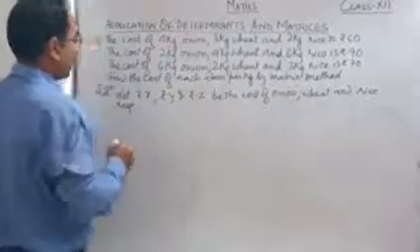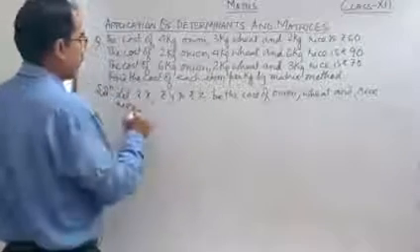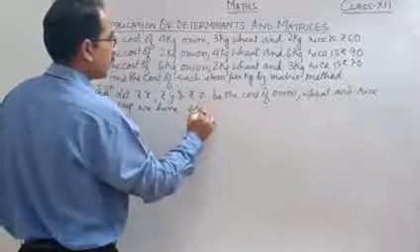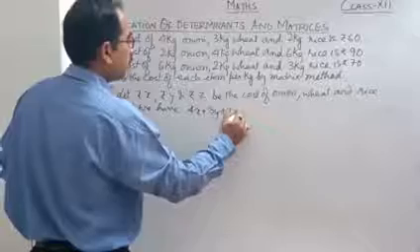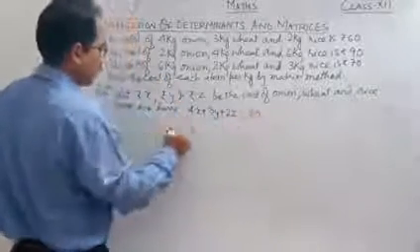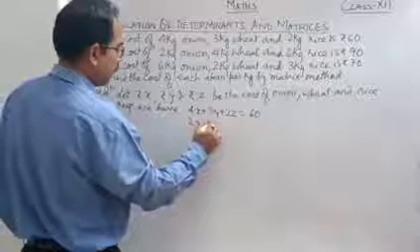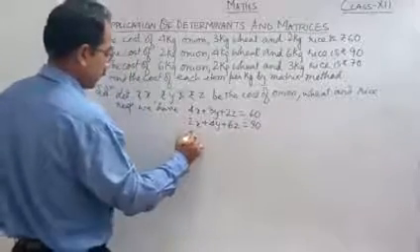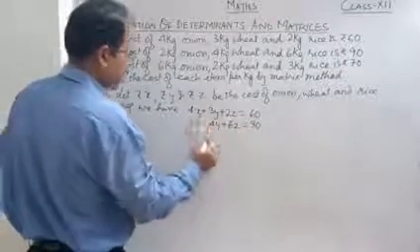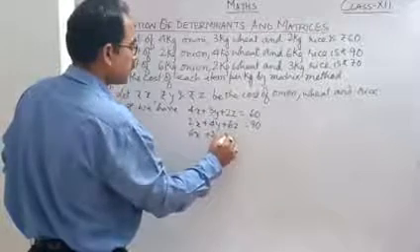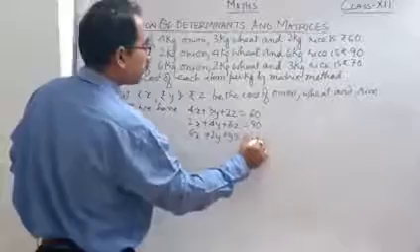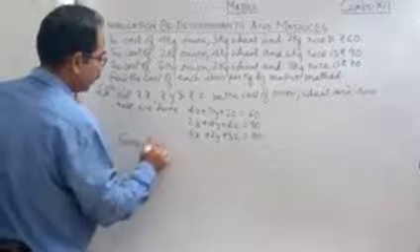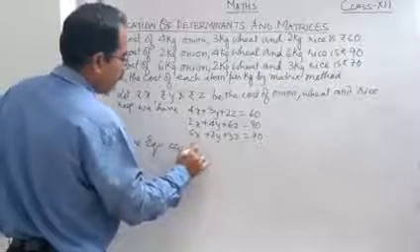Okay, so then automatically from the given expressions we can write 4x plus 3y plus 2z equal to 60. Next expression, 2x plus 4y plus 6z equal to 90, and then 6x plus 2y plus 3z equal to 70. Now the given equations can be written